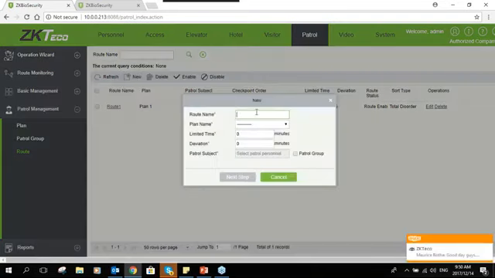And then you give it a name. And then the plan, we're gonna give it plan 2. And the limited time. So the limited time is how long the patrol should take place. Like if the guards are doing the rounds, how long must each guard take before he completes his round? So in this case, we can just